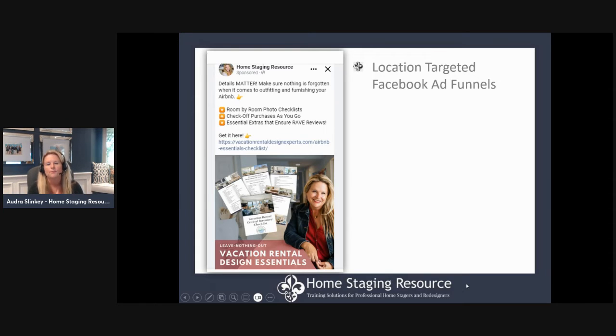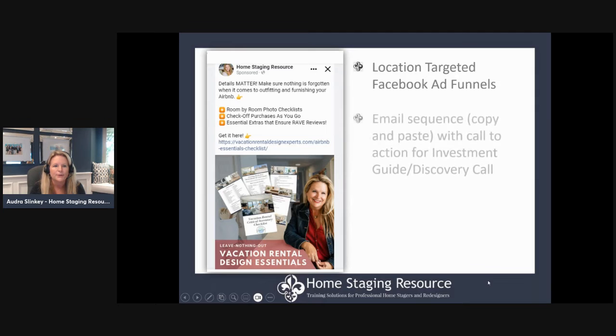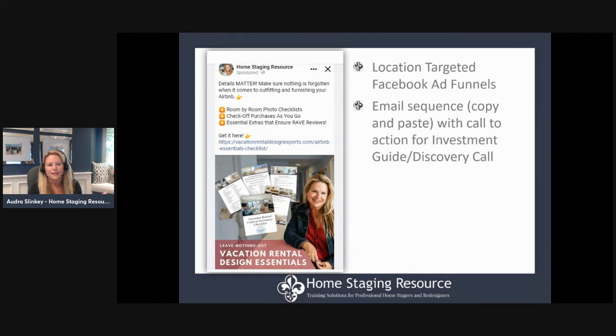Location target, people in your area. Who is going to want this? Hosts, investors, property managers. So it's kind of a funnel. Then you're going to get their email. I have a copy and paste email sequence in my training, but you can create one with ChatGPT if you need an email sequence to further sell them on getting that discovery call, seeing if we're a fit, seeing if you can work with them. The beauty of Facebook and Instagram, they're the same,